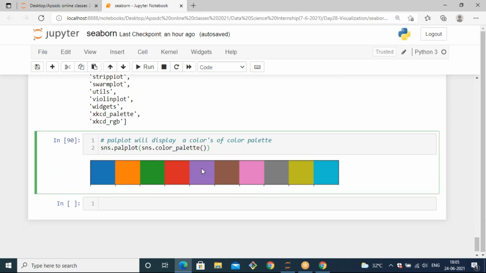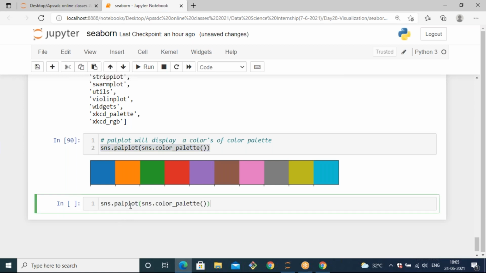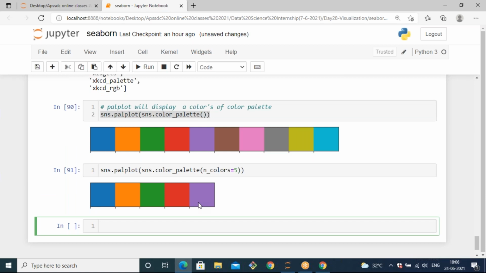Now, if you see here in the color_palette, you will get 10 colors by default, and instead of the 10 colors, if you want to generate a fixed number of colors, you can use one more parameter, that is n_colors. With that n_colors, you can pass the number of colors that you want to specify here. So I just want to get only 5 colors from this color_palette, so I can use 5. Now you will get only 5 colors, and try to pass other numbers and observe the colors once, all of you.